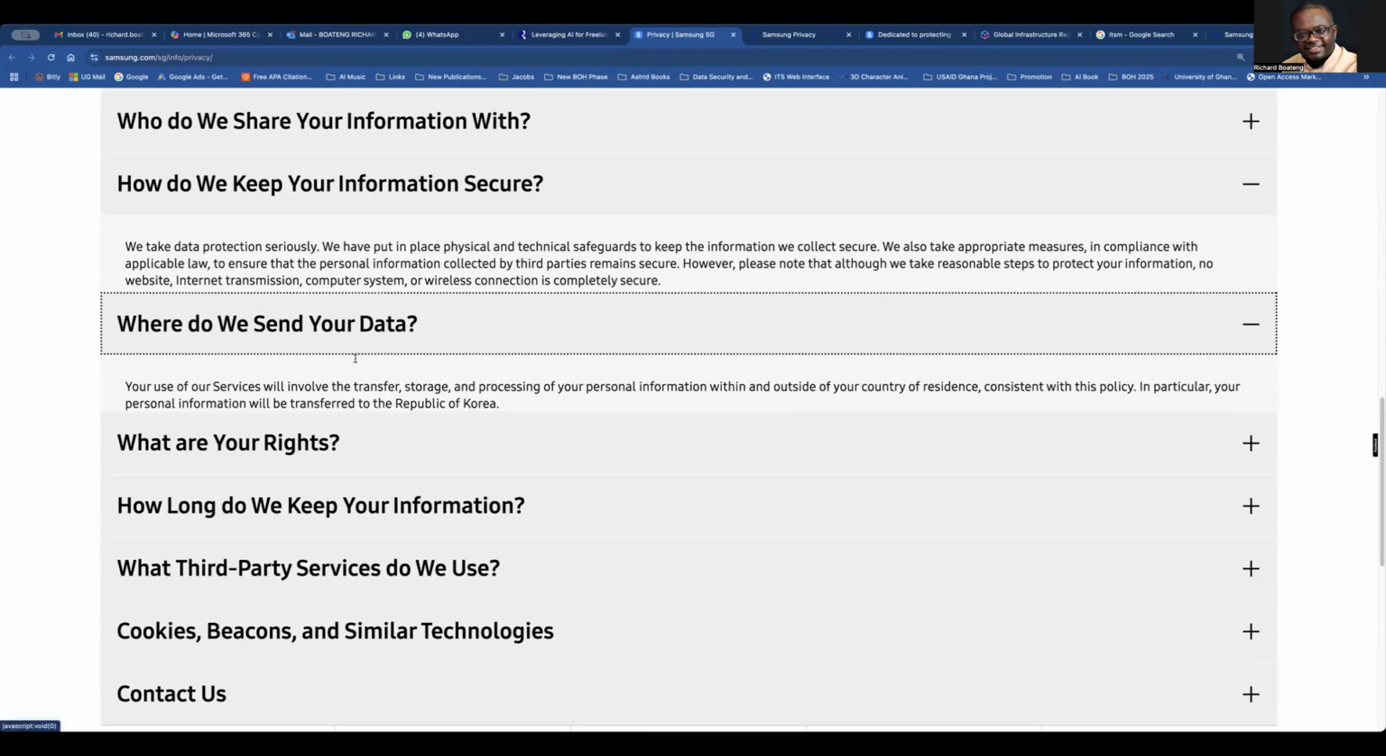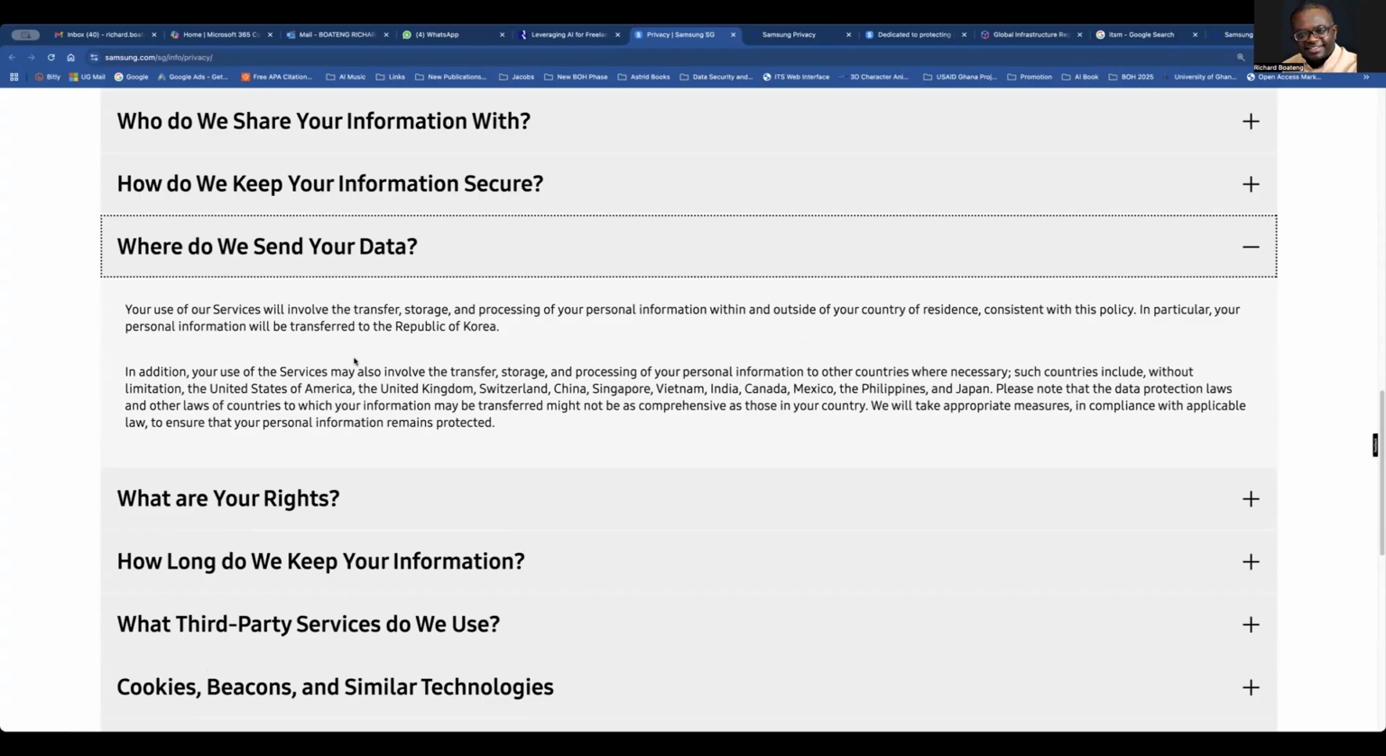Okay, where do we send your data? Your use of our services will involve the transfer, storage and processing of your personal information within and outside the country of residence. Consistent with this policy, in particular, your personal information will be transferred to the Republic of Korea. Then there are other countries too that your data may go to, such as, without limitation,